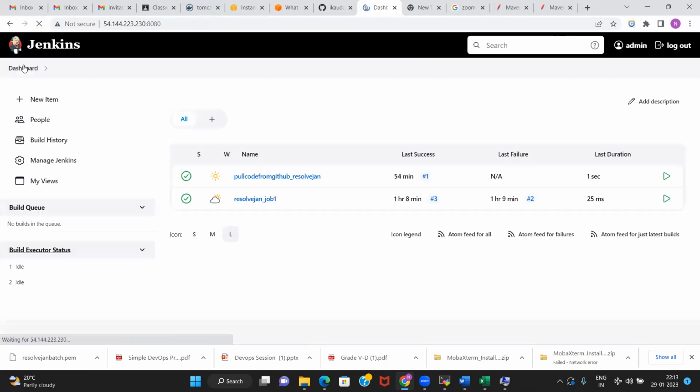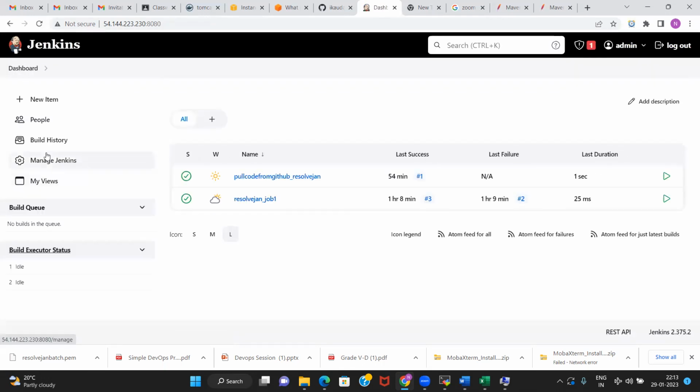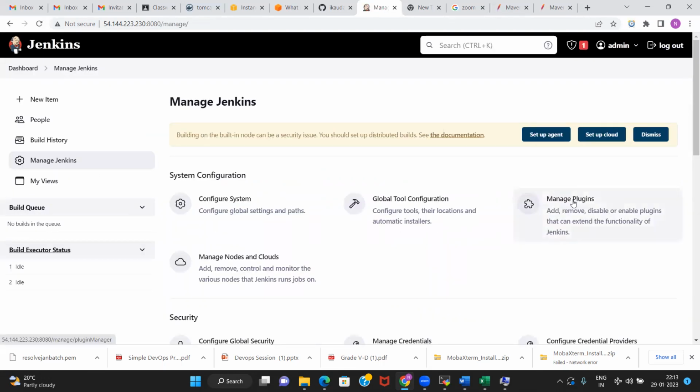So this is the first thing you need to set up: in Manage Jenkins, Manage Plugins, install the Maven Integration plugin so that you will be able to build a Maven project. The second thing is Global Tool Configuration.